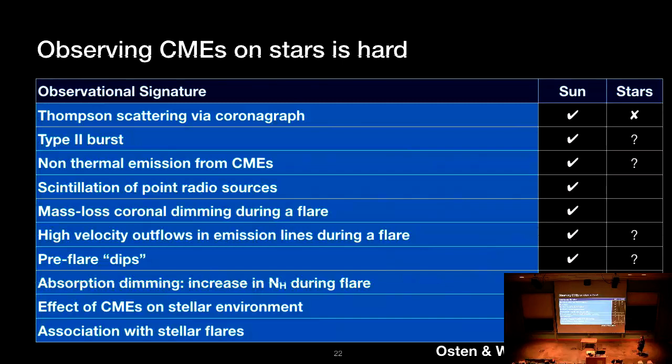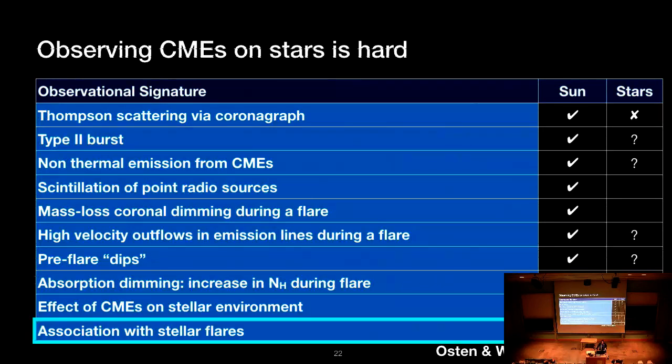There have been papers published before that have claimed to see stellar coronal mass ejections. But typically, they are interpretations of what I call weird flares, right? Which is interesting. Not all flares behave the same way. We don't expect them to behave exactly the same way. However, if you want to truly learn about the astrophysics of coronal mass ejections on stars, you need an observational technique that you can use as a systematic probe of CMEs and not rely on weird flares.